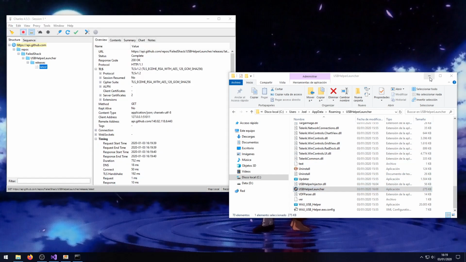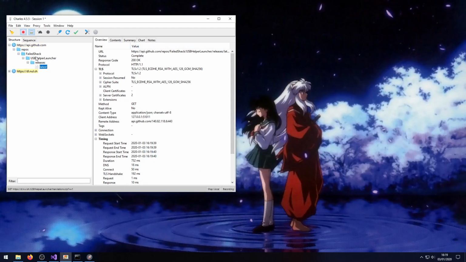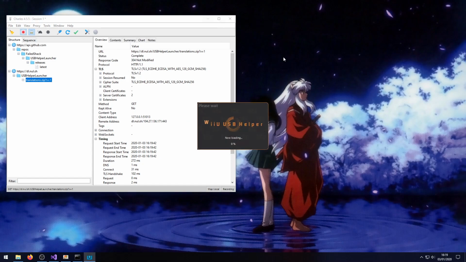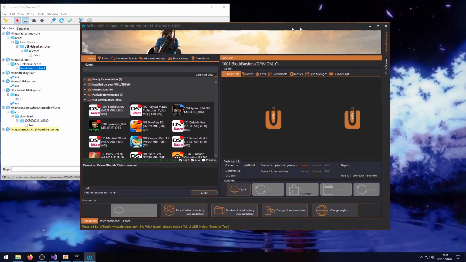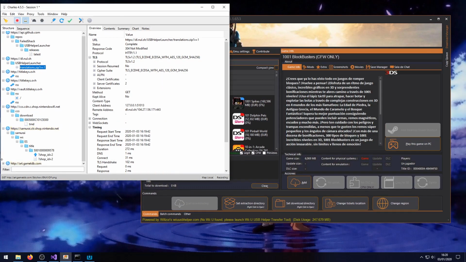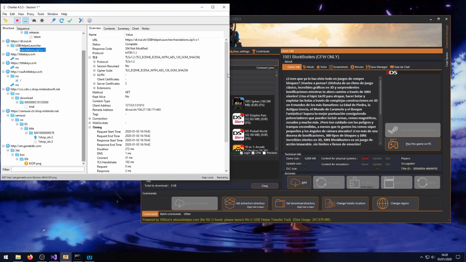So I will run this, and immediately you will see that the launcher checks for updates. It gets the latest translations. In this case, it has the latest ones, so it's not going to download anything. And it checks for updates to the title keys, and immediately this starts getting thumbnails and stuff for the games from Nintendo servers, and also the game TDB. But that's really about it that the launcher lets through,